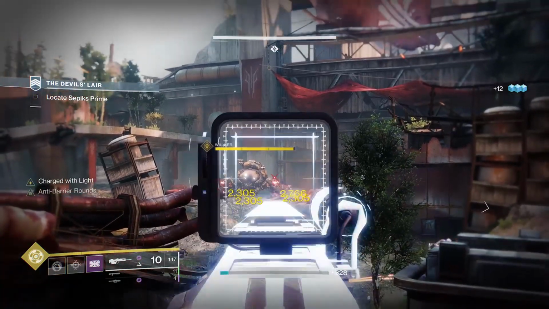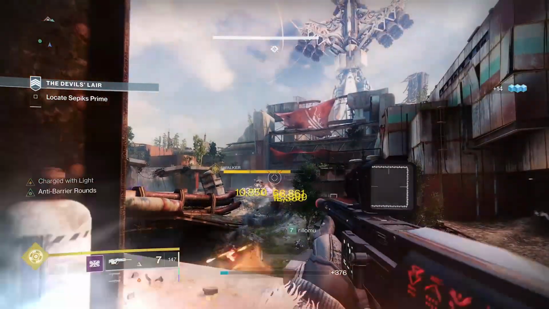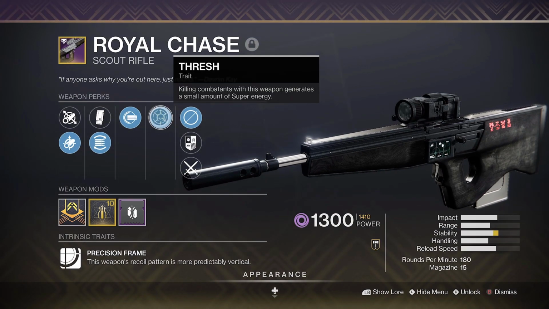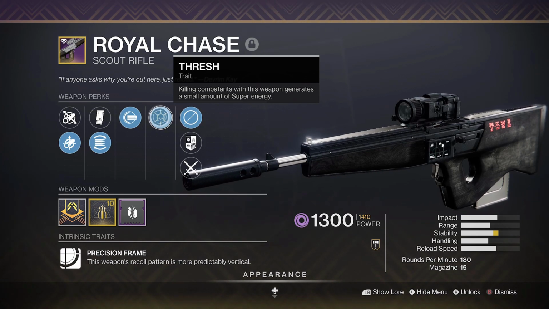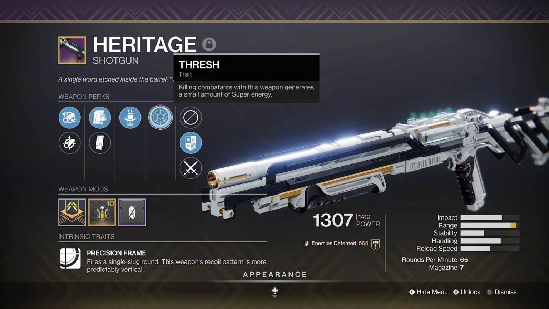It's a 20% debuff and is great for solo or team play, as it lasts for ages and can be activated on any enemy. Weapons wise, the Royal Chase Void Scout Rifle is a great pairing. I've got a full auto fresh roll which will help with both the super regen, creating elemental wells, and proccing Sundering Glare. We've also got the Heritage Shotgun with a reconstruction of fresh roll for high DPS and super regen,